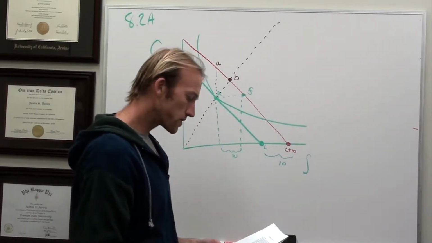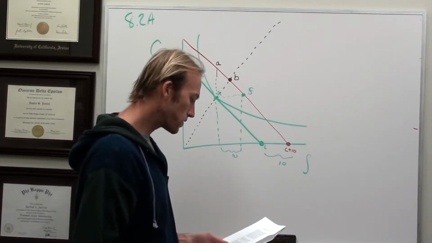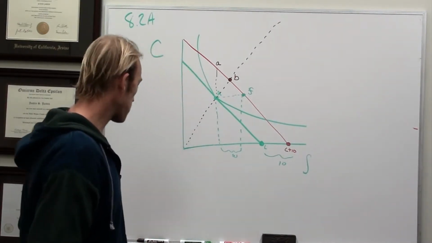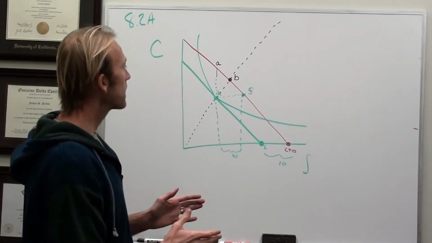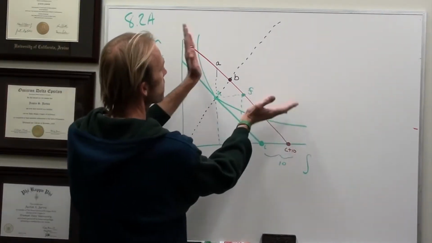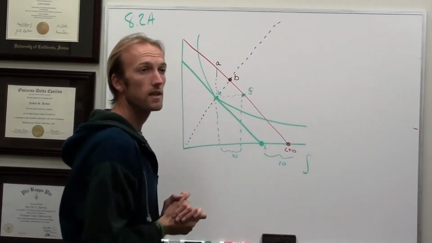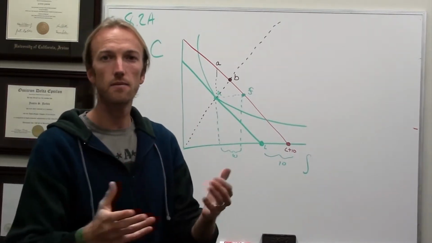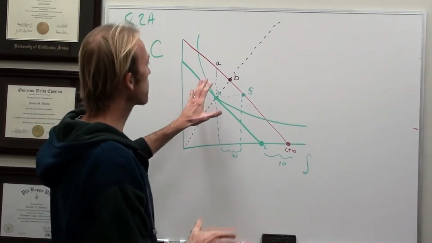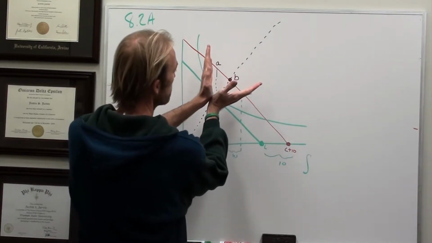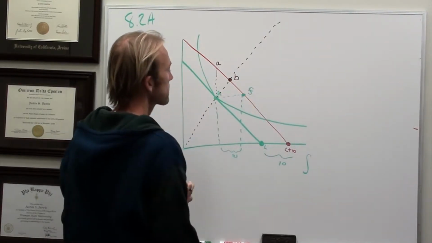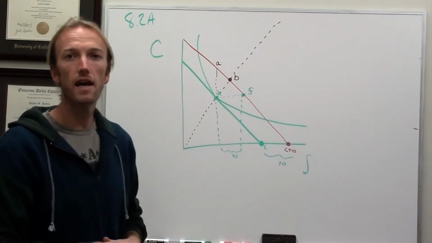Finally, it asks, do any of your answers have anything to do with how substitutable consumption and leisure are? Why or why not? You see that this has nothing to do with how curvy the indifference curve is. That's the amount of substitutability. No matter if we have perfect complements, perfect substitutes, Cobb-Douglas, or somewhere in the middle, we're always going to have the